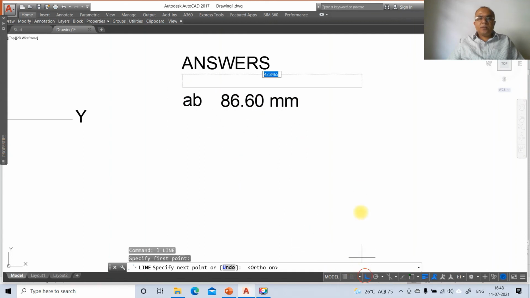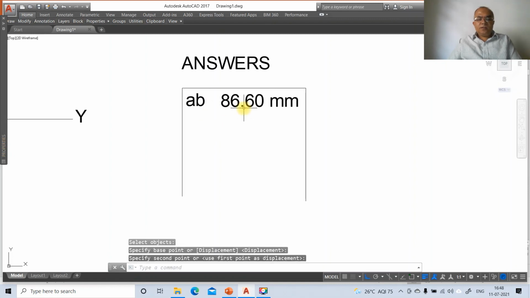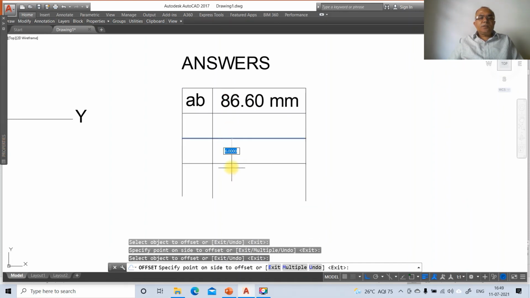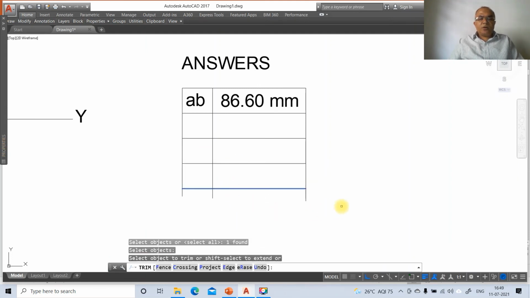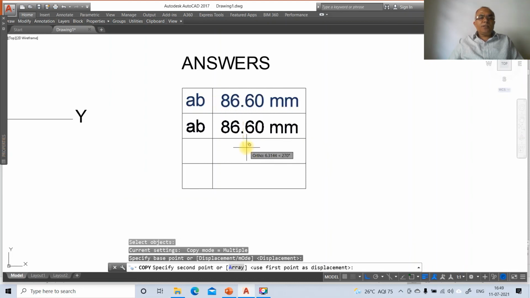So here you put off the caps lock. So ortho mode, you take down this, then go to line, take endpoint of this and you drag this, then go to move, you select this and place it. Go to line, take nearest point, and from here then go to offset, take the distance as 6. So you take this, so offset these 3 and then you have 4. Then go to trim, select this as the cutting edge, and object to trim, you select some arbitrary point and cut it. Then go to copy, select these two and copy this here.